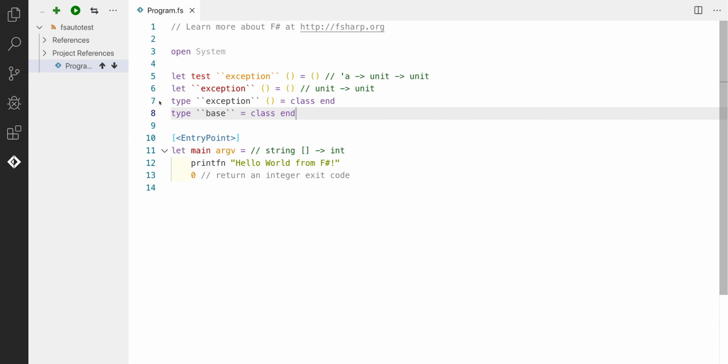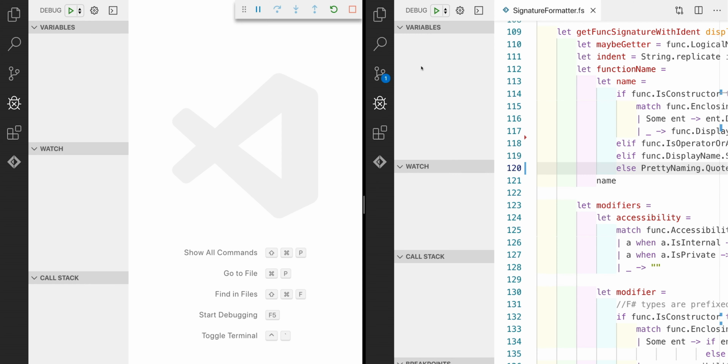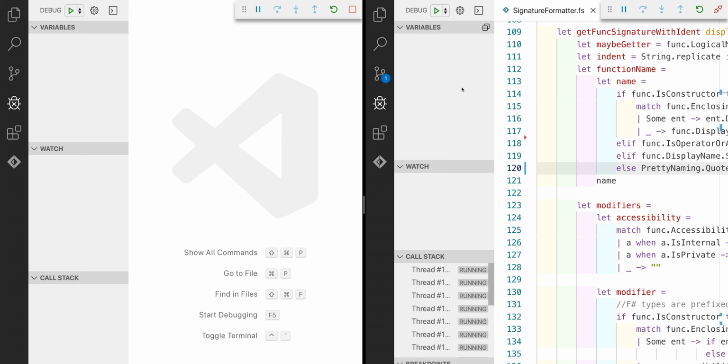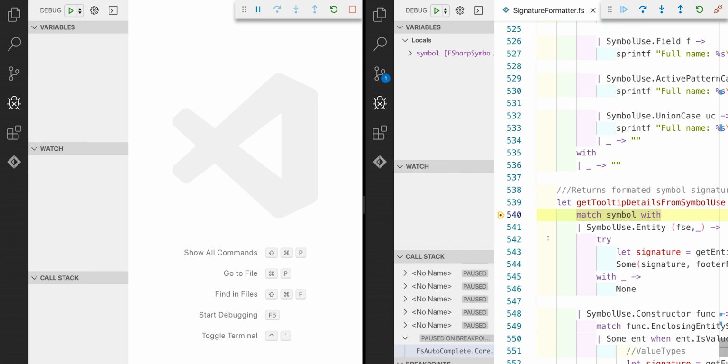Before we attach the debugger, we can actually check our handiwork. You can see we've got double ticks there around that exception. And for the second one, you can see that's fixed as well. Now let's get the debugger attached again. Back in a client, we can hover this one and